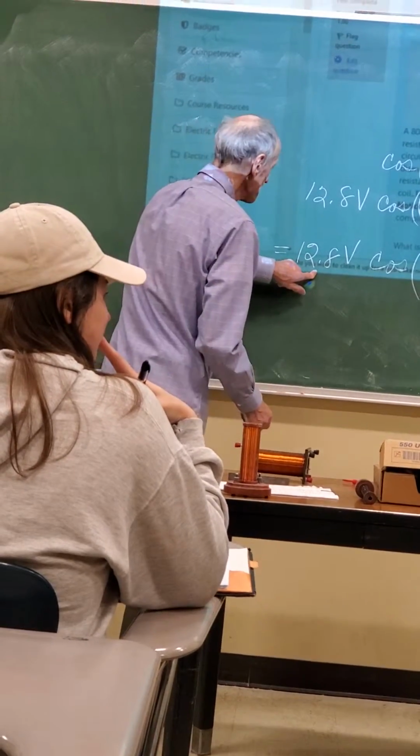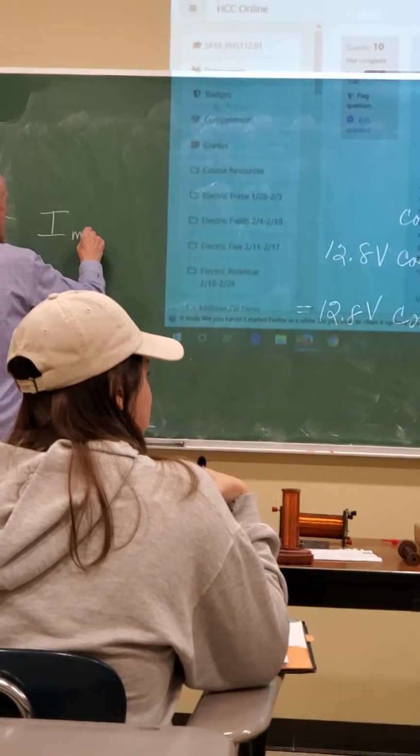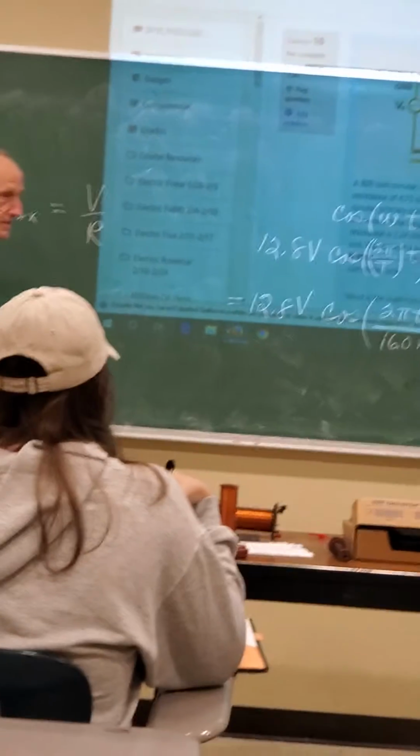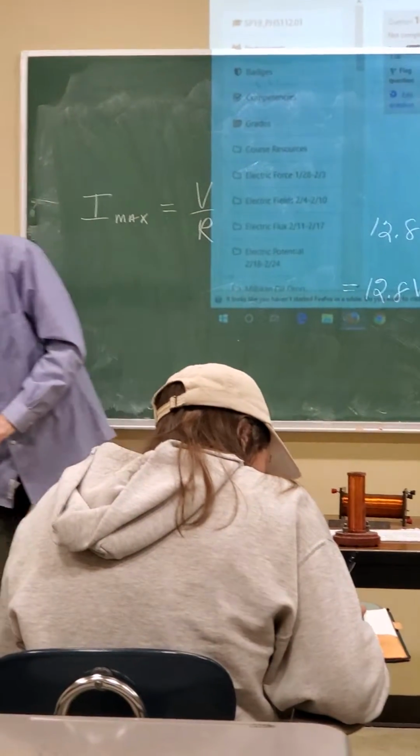And so if this is the maximum voltage, the I max, the maximum current you're going to get, is simply the voltage divided by the resistance. So if we take